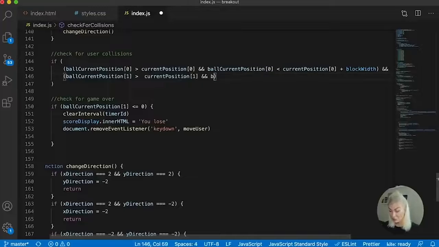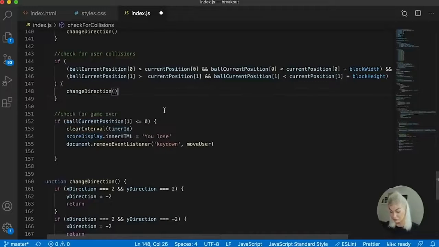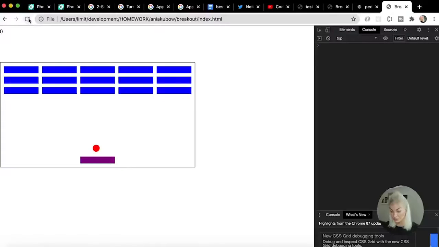and the ball current position y-axis is smaller than the current position of our user y-axis plus the block height. So if the two are in the same space, we then also want to change direction. So check it out. So now I'm moving, it's going to hit,